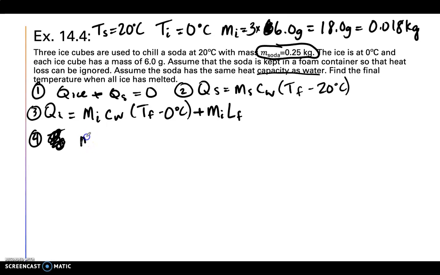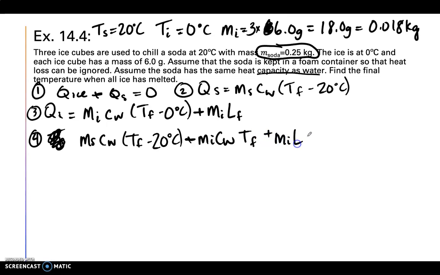We'll have M_S C_W times T final minus 20 degrees plus M sub I C_W, and this is just going to be T final since that's 0 degrees, plus M_I times L_F equals 0. Now from here we can solve for our T final, and that'll be